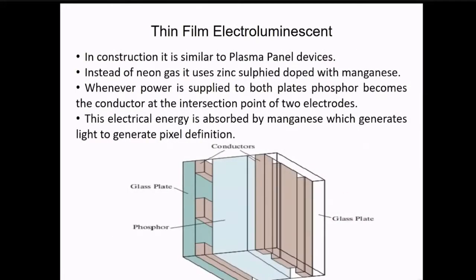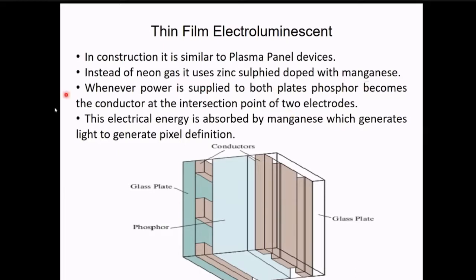Then one more thing that you see in the buses and all, that is thin film transistor display, or you can say thin film electroluminescent display. It uses the same fundamental of front and rear glass plates with some conductors, but now in between, instead of the neon glass, we are using zinc sulfide doped with manganese. Why are we using this? Basically, we want to eliminate the cost of the previous one and reduce the power of the previous display. That's why we are going with this manganese.